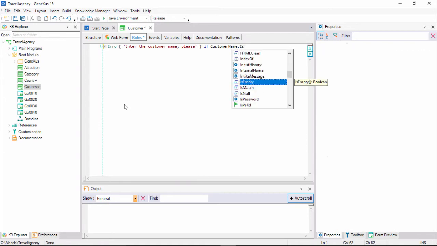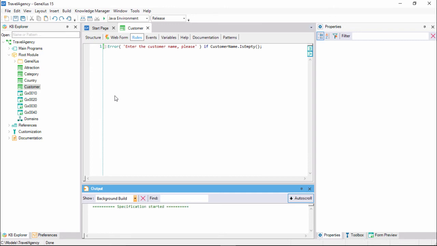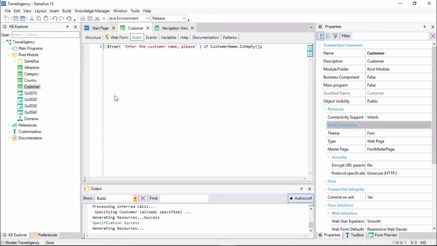period, and here we select is empty. All the rules we state must end with a semicolon, so we add it. We save, and we press F5 to see this rule at runtime. We run the customer transaction,